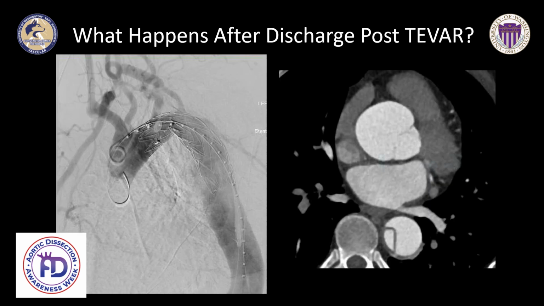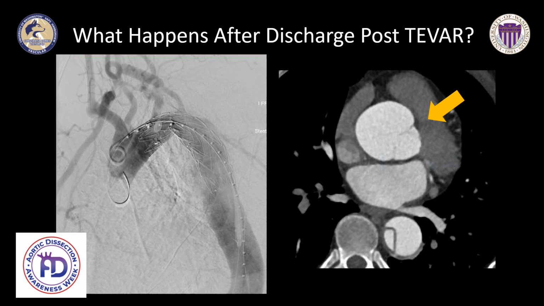This here is an example of why we have to think about the entire aorta, not just the dissected portion. In this particular circumstance, the person had an aortic dissection, which was a type B, treated with a thoracic stent graft, TEVAR, because they had malperfusion. Now they have recovered from that, but on close follow-up, we can see that the ascending aorta had an aneurysm, and this was very important to pick up. And we did two things. One is we set him up with cardiac surgery to have this repaired, and two, we obtained a family history and then subsequent genetic testing because of the family history, and it turned out that this patient had Loeys-Dietz. So again, this is why complete and comprehensive care is important, not just focusing on the type B